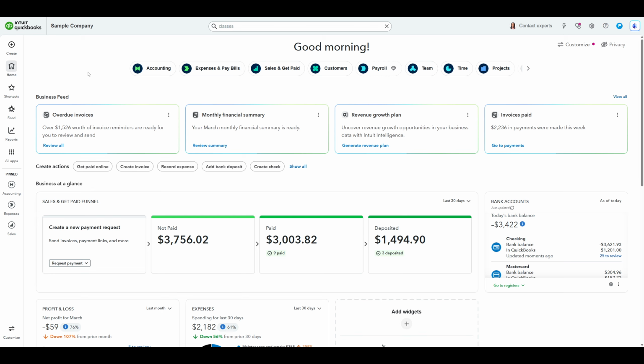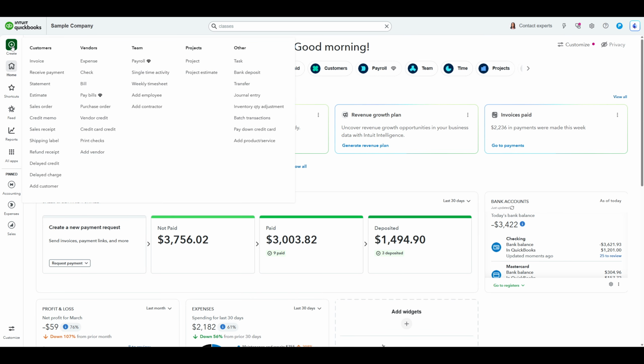First, log into QuickBooks Online and make sure you're in the correct company file. Once you're in, look at the left-hand menu and click Expenses, then choose Bills. This section is dedicated to bills you plan to pay later, so it's the best place to keep everything tidy